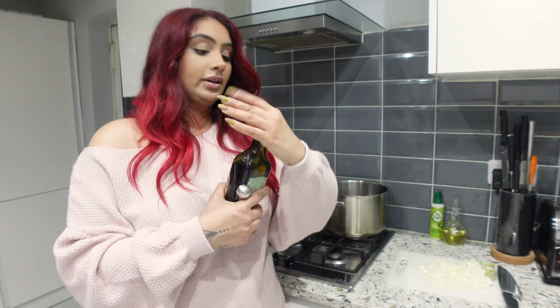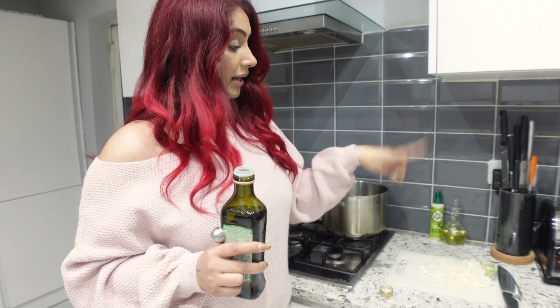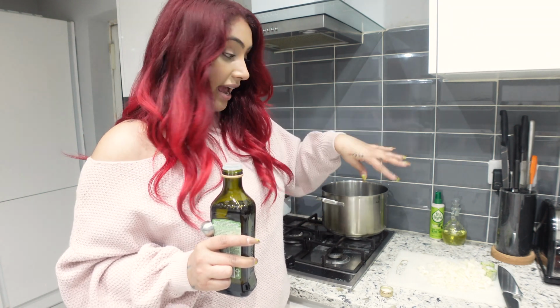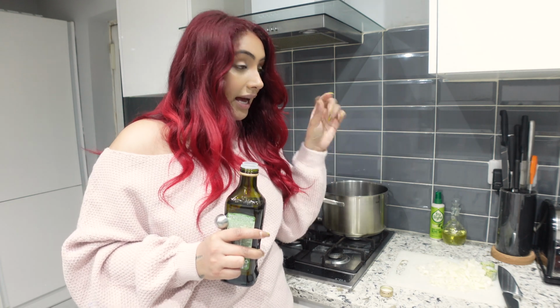I'm using this one, extra virgin olive oil. I'm gonna add, how many did I say? 8 teaspoons into it. And then when the oil heats up, I'm gonna add my ginger garlic chili cubes. And then after they let out a little aroma, I'm gonna add the white onion. And after the white onion has browned a little bit, I'm gonna add the